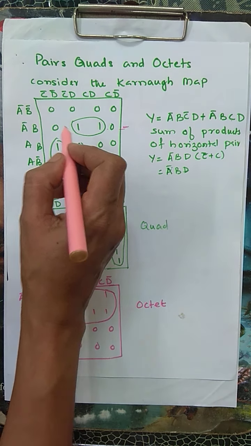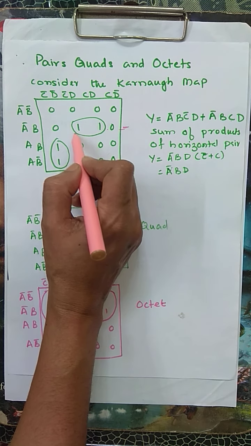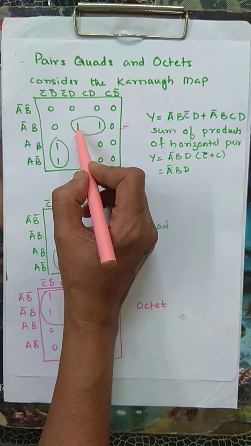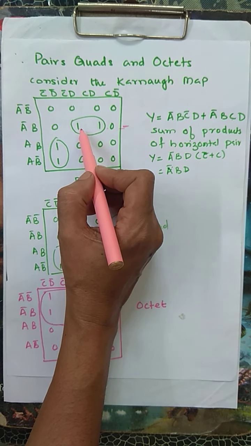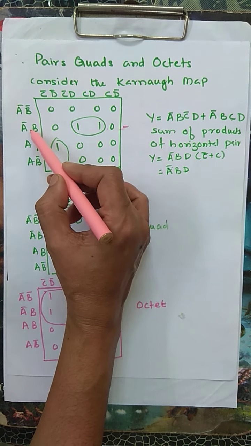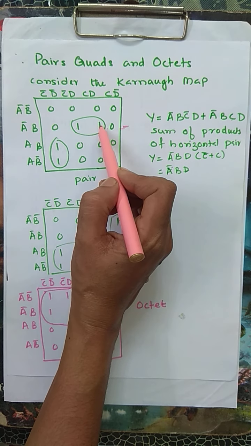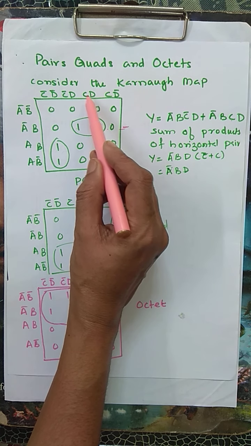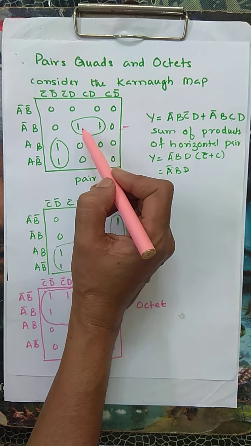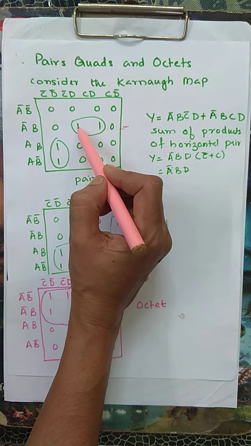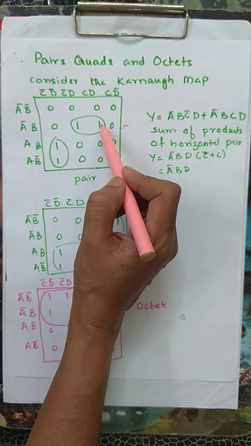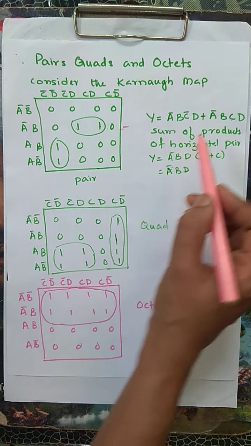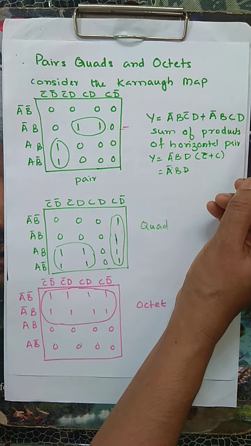This is simplification using Boolean algebra. But using Karnaugh map, when you simplify, you can simply look at this map. Here you are seeing that this is a pair. In this pair, which variable is changing? Here A complement B is remaining same in both cases. Then C complement D and CD. D is remaining same. The changing variable is C complement. Here it is varying from C complement to C. So whichever variable is changing, that can be dropped. You are dropping that from the expression.